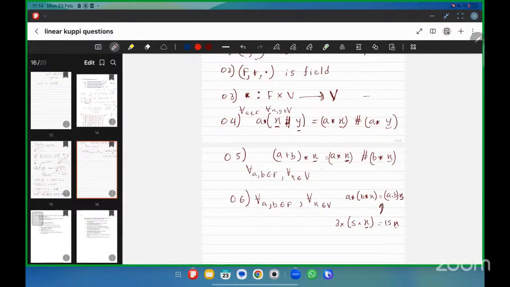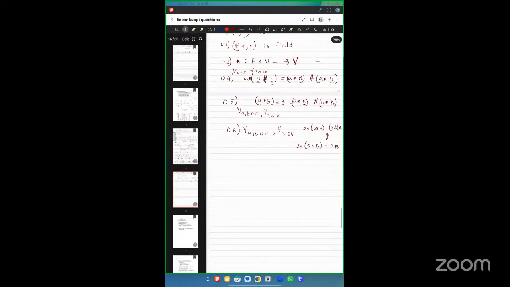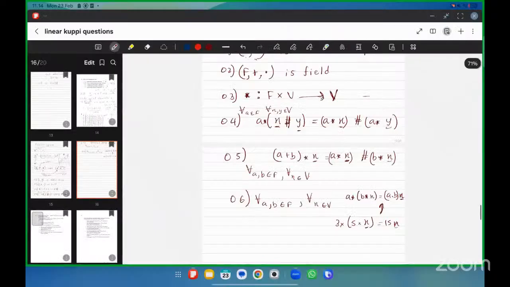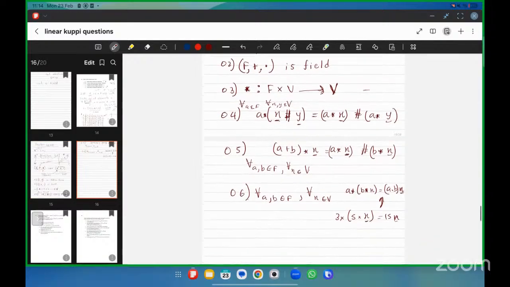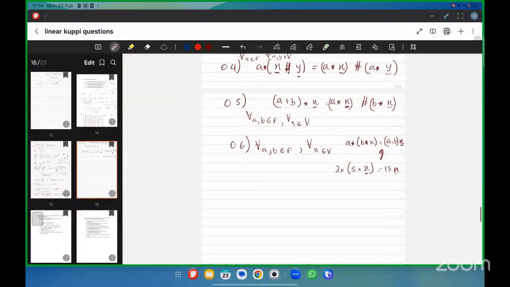Both the upper parts are also written here, but to differentiate the vector addition and the scalar multiplication, we use the sharp and the star, and for the normal addition and the multiplication, we use the plus and the dot. This is the sixth condition, and the final seventh condition is for all x in V,